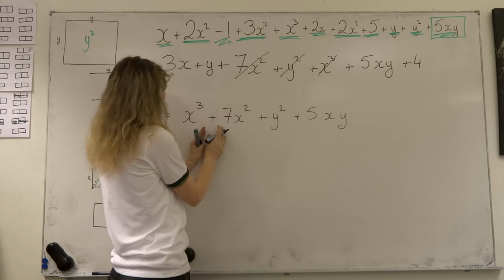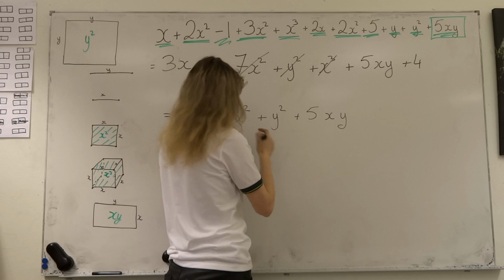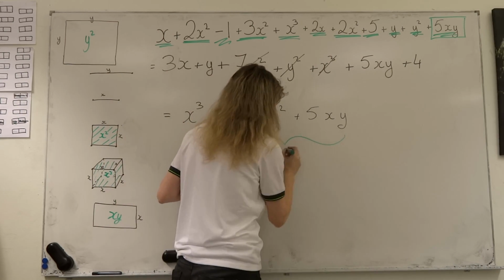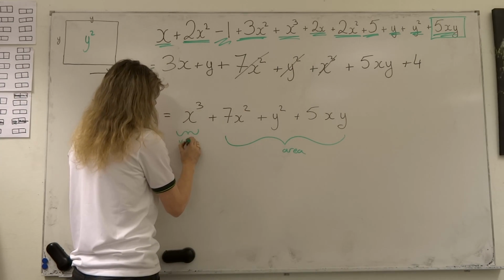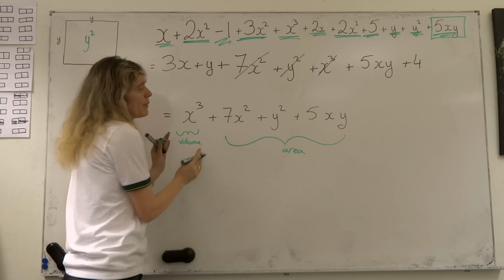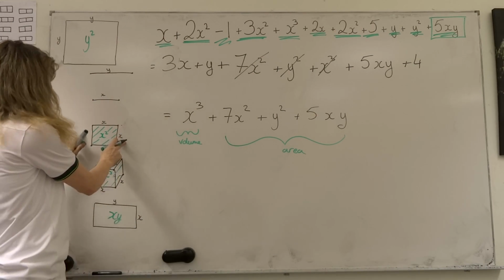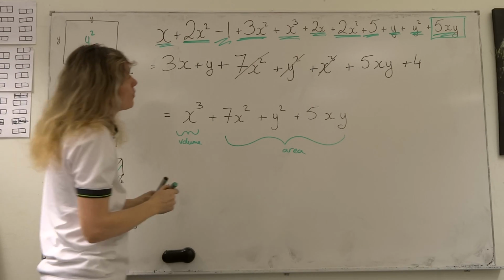Why? Because what I'm doing here is I'm keeping my volume terms together. All of these terms here in the middle can be thought of as being area terms. So I'm keeping them together. This can be thought of as being a volume term and keeping it together. All of these were areas. Here's my x squared, here's my y squared, here's my xy. Plus